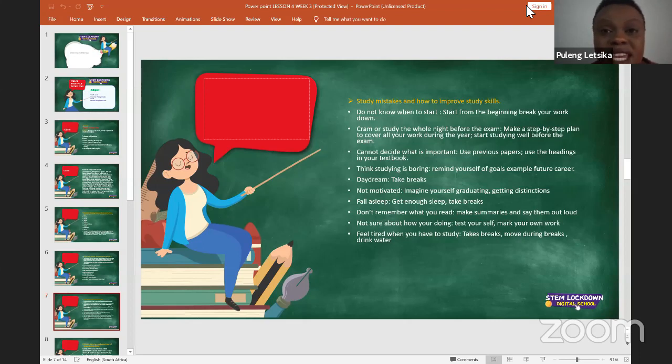Maybe you want to be a medic, maybe you want to be a lawyer, maybe a biochemist or a pharmacist. Then you can imagine yourself in that setting. Imagine yourself with a white coat, with your own practice. Imagine yourself driving the car that you want to drive. And in order for you to get there, you know that you need to do well in your basic education, so that we can go to varsity. We did cover qualifications and higher learning last week as a recap for last term's work.